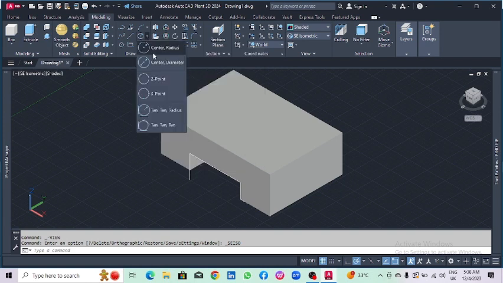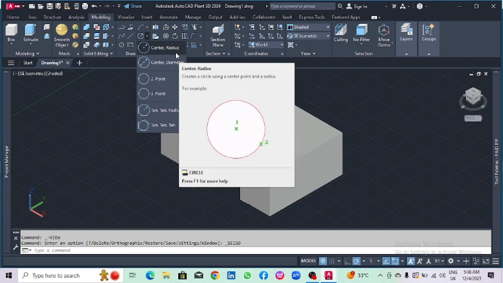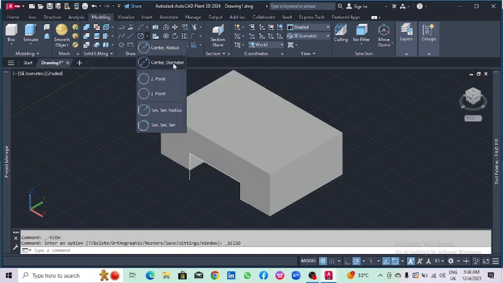So here we have various ways to specify the circle that you want to draw depending on the parameters that you have. So maybe if you have the center and the radius, you choose the first. If you have the center and the diameter, you can choose the second. If you have 2 points that you want to generate a circle from, you choose a third, and all that. So I'll choose the second one, that's the center and the diameter,